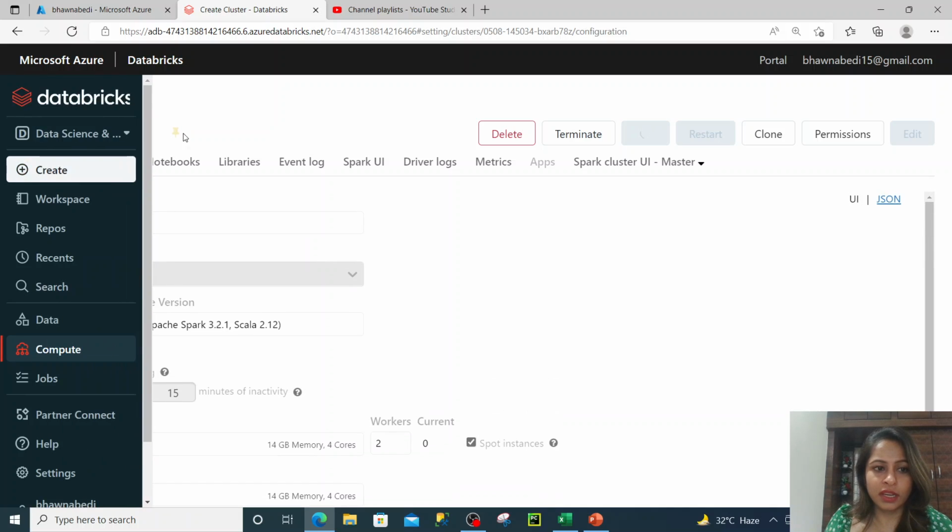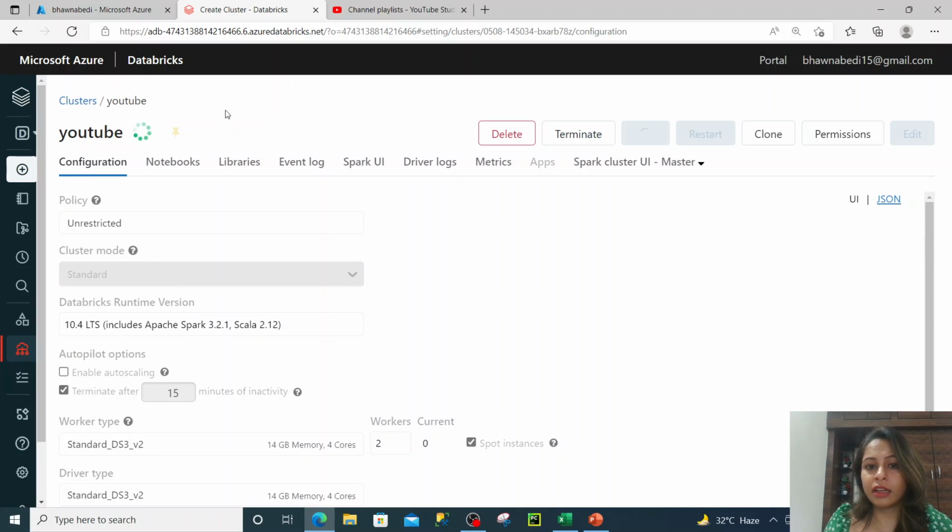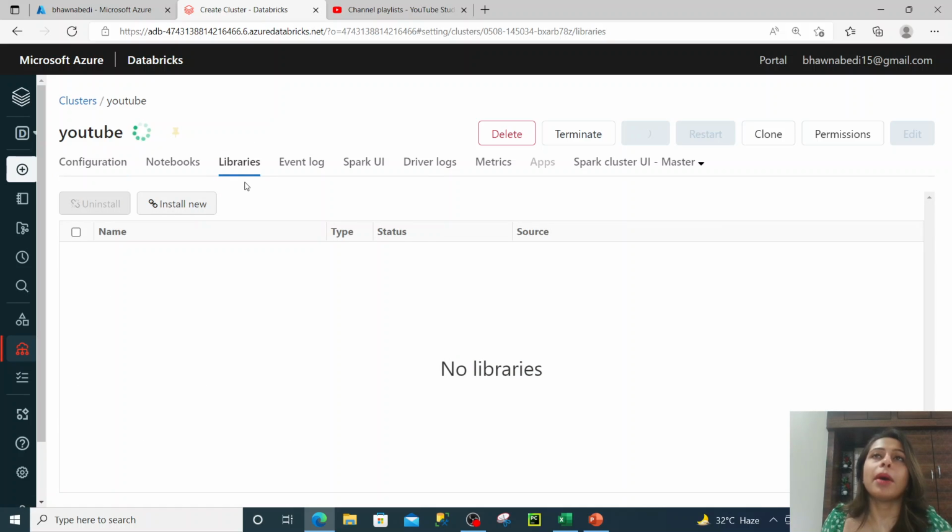So here you go, this cluster is starting. Once this cluster starts, you have an option of libraries over here. Now there might be some workloads where you want to use your custom coding, or you need to use your open source libraries. In that case, you have to do it over here. If you click on install new,